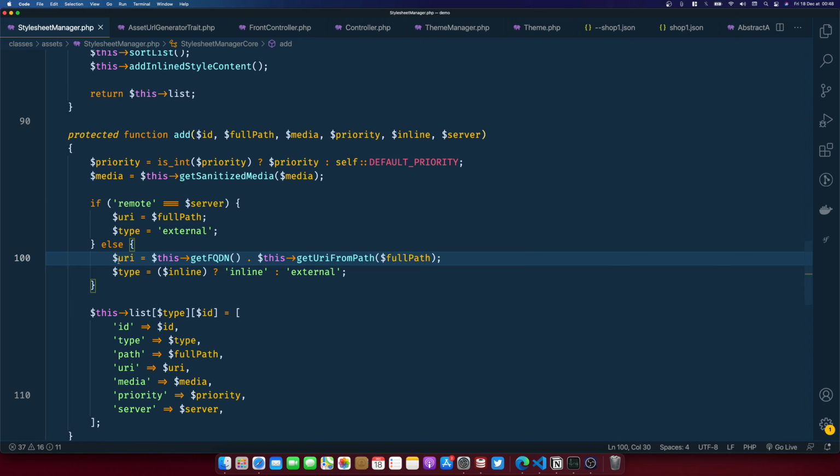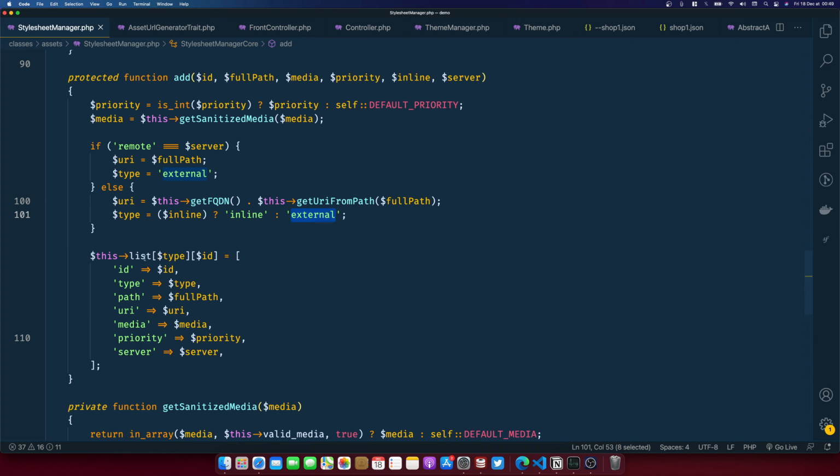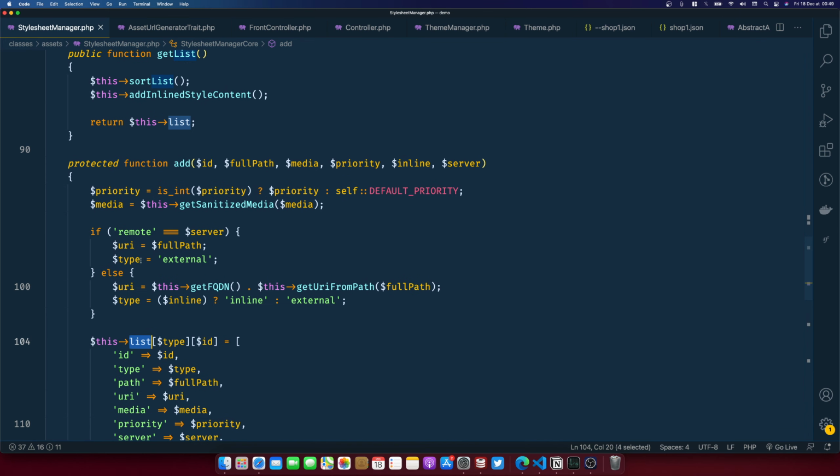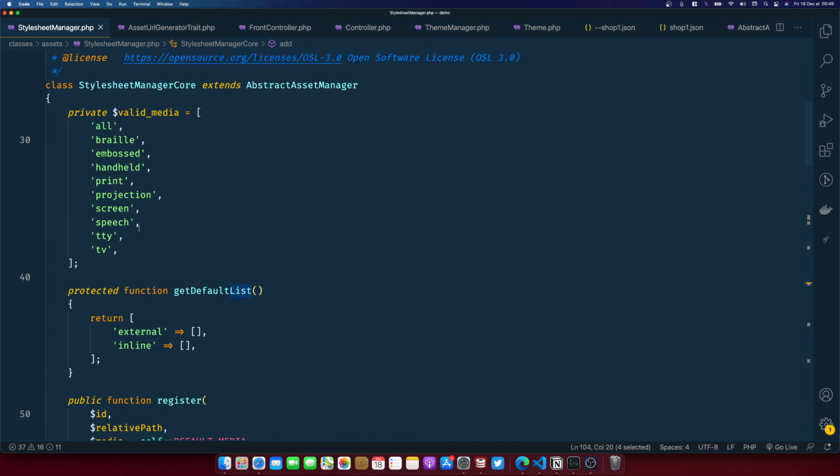Otherwise, this is the URI and we have the type, inline or external. Okay, whether injected directly inside the body or using an external file. Okay. And what's happening next? We have this list that takes type and ID. The ID is passed as a parameter. So we are injecting this inside the list, but we are not returning this directly because we are injecting it directly into, normally, a